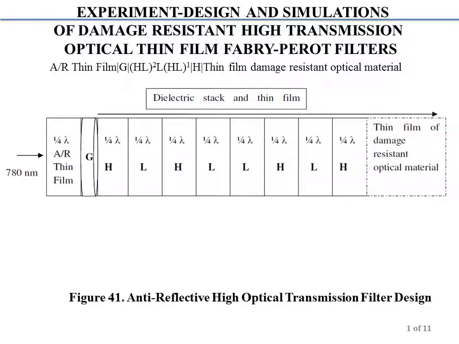The next slide goes into experiments and simulations with designs of damage-resistant, high-transmission optical thin-film Fabry Perot filters. We start on the input pump laser side of the optical window for the DPAL with an anti-reflective thin film which will allow maximum transmission without much reflections of the input pump laser beam, followed by repeated layers of quarter wavelength of